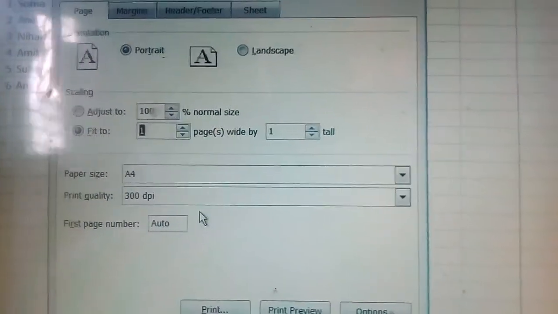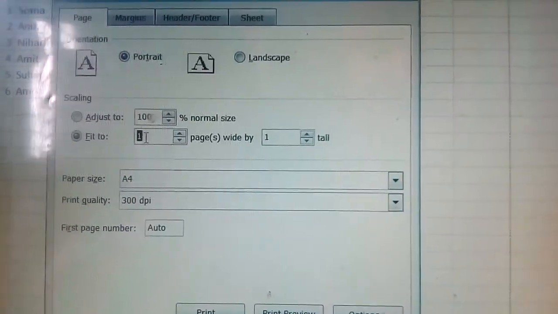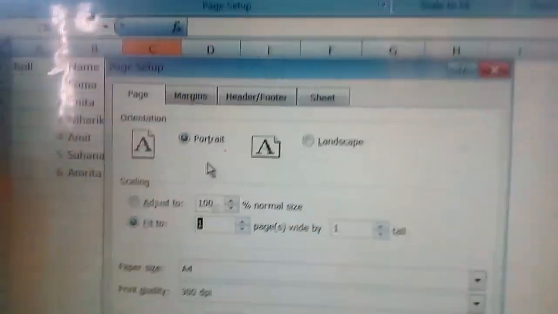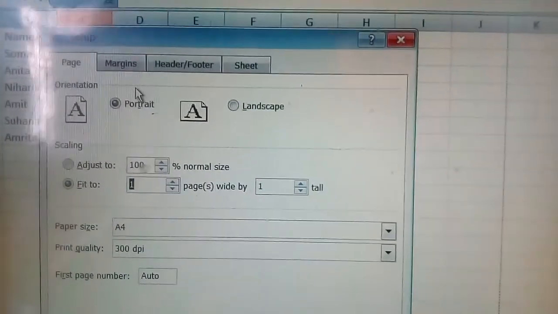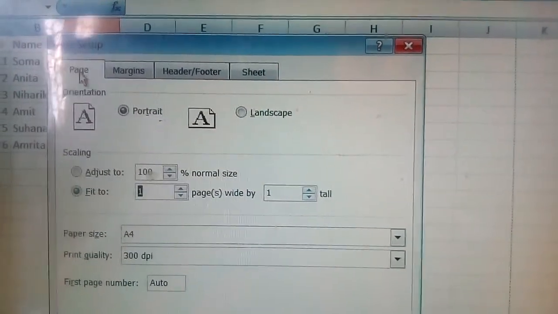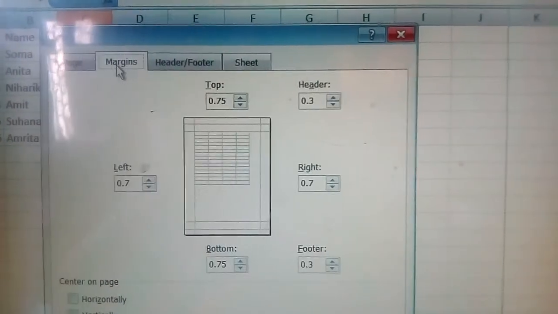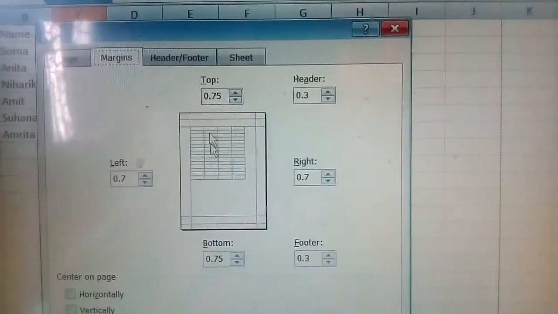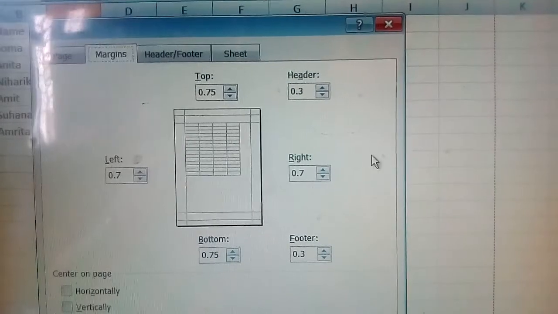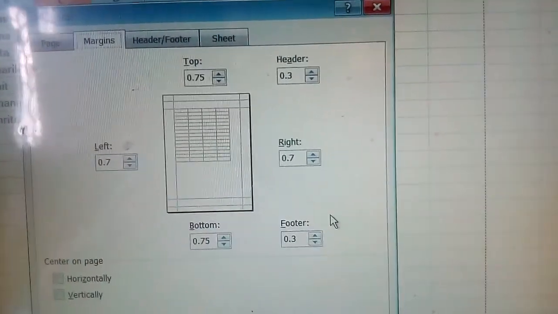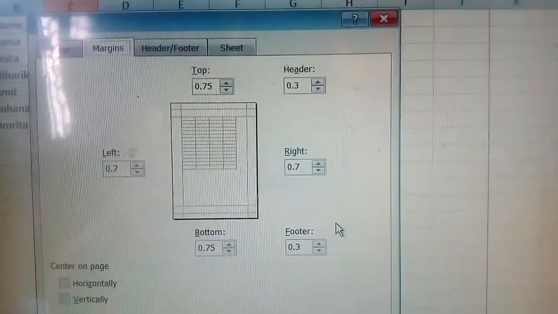Then in Calc you can see the page margins also, but here the margin tab is separate, while in Calc you can see the margins in the page tab. In margin you can see the left margin, right margin, top margin, bottom margin, and for header and footer, all these margins you can see here.